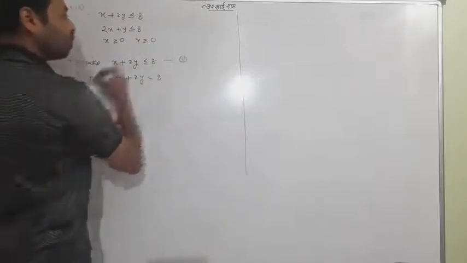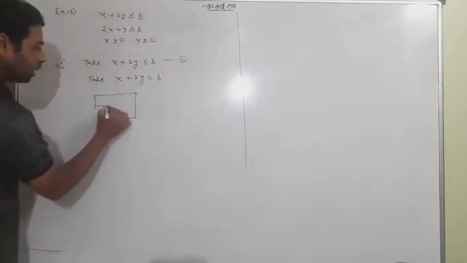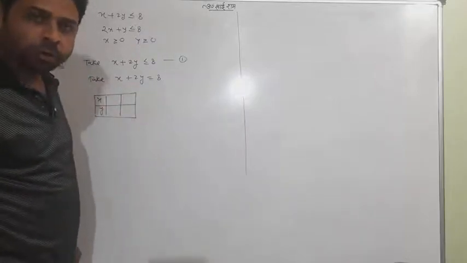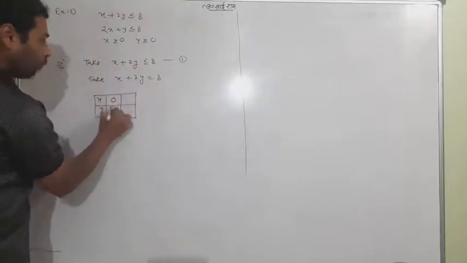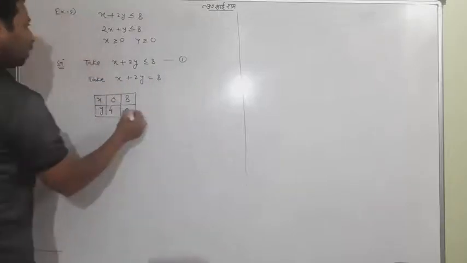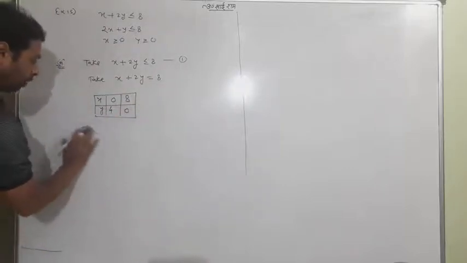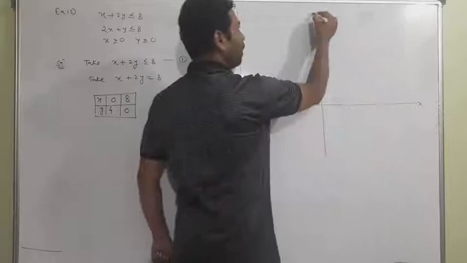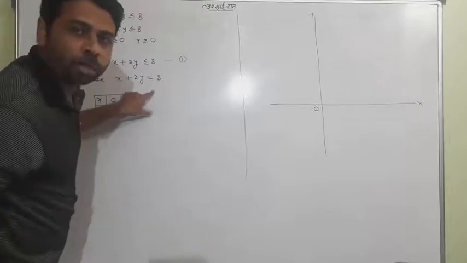First I have taken its corresponding equation. Because it is carrying two variables, I will take the help of choosing some values of x and y and find the corresponding values of the other. Like when x is equal to 0, y will be 4, when y will be 0, x will be 8. Let me draw the picture also. So this is x and y. This portion I am leaving for taking an arbitrary point and so on.